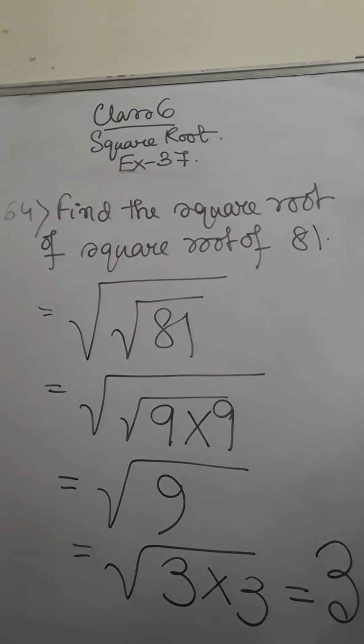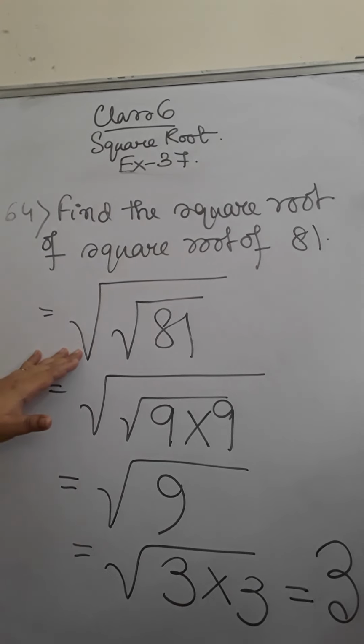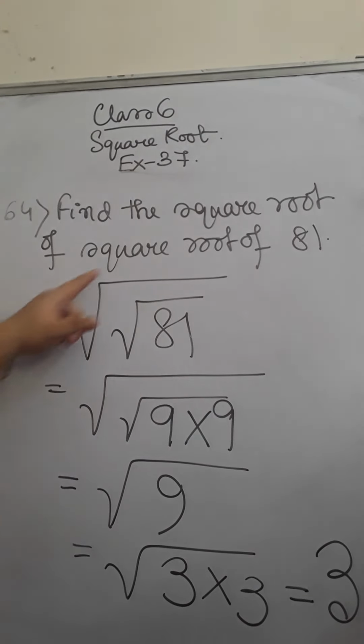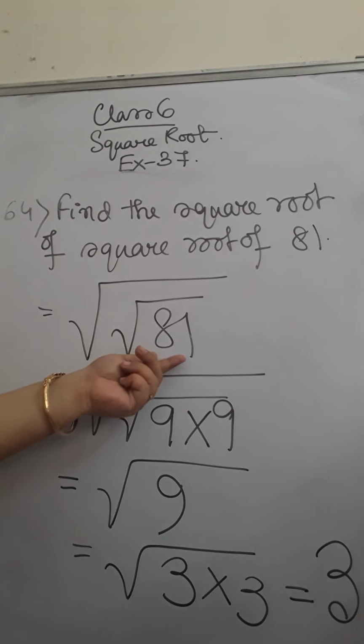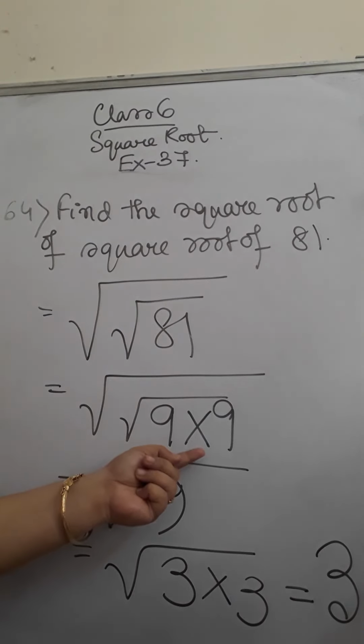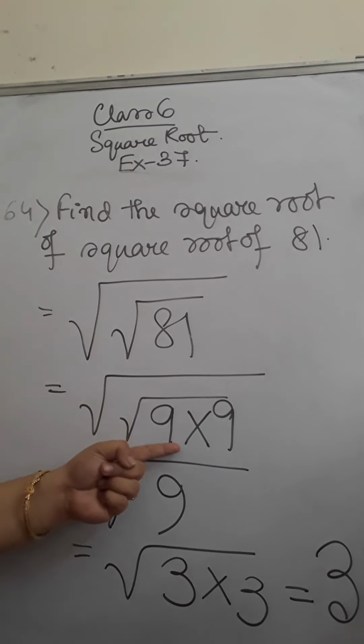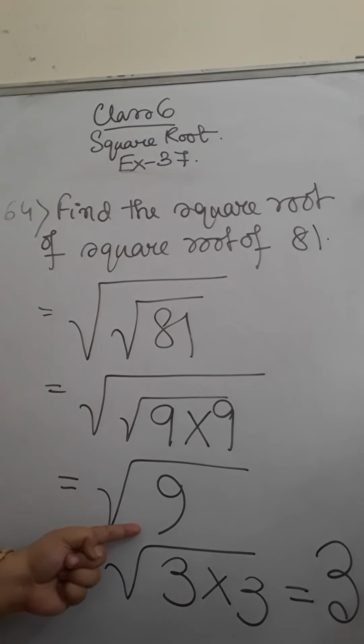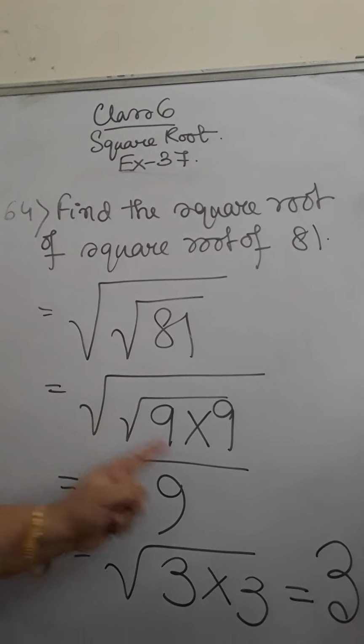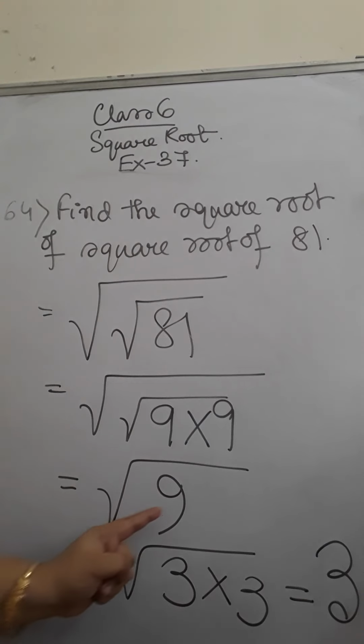So step by step we are doing. 2 square root signs and 81. First we will solve the inner square root by breaking 81 as a multiplication of two similar numbers. Then out of the square root we can only write, if I take only one number out of the two, so I am only taking one number, and again I have to find the square root. The outside square root is still remaining, so I have to break it and show as a multiplication of 3 into 3, and finally, final step, to remove this square root, I have to take out only one number. So the answer is 3.